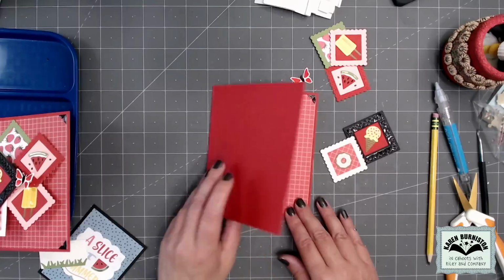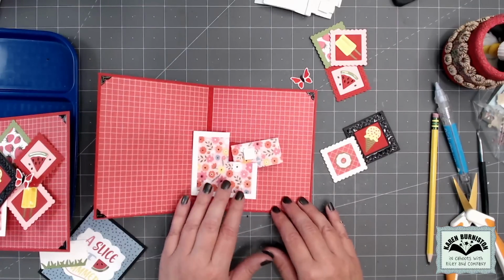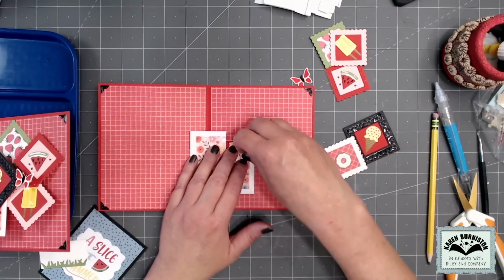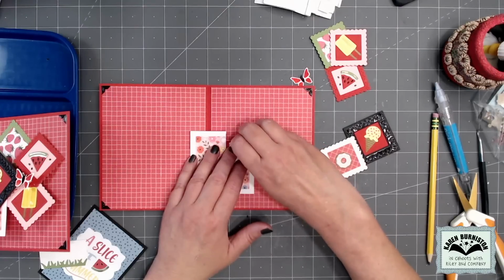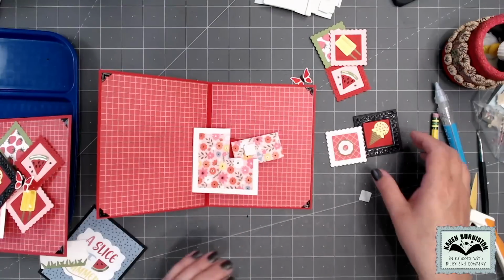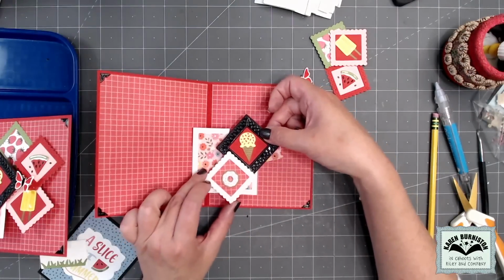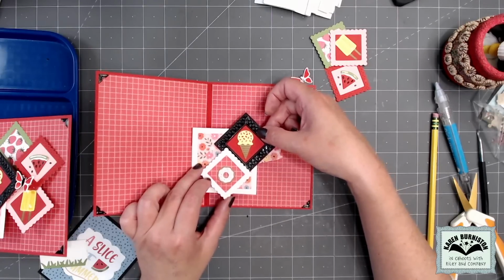Like maybe you just do what I do, just kind of open it and see where it ends, and then once you've decided on a good viewing position for the card, you know what, let me take the top off that thing. All right, now I'm going to do it again, get a good viewing position. So probably about there. Then I'm going to take my two square sets, and what I'm looking to do